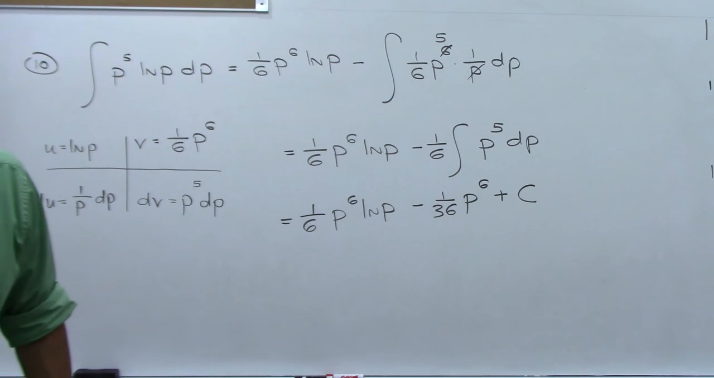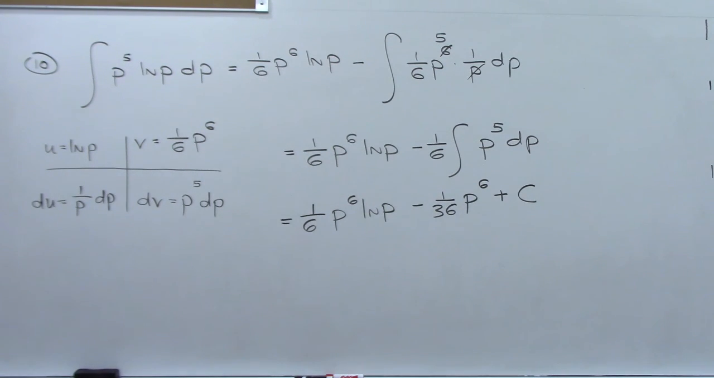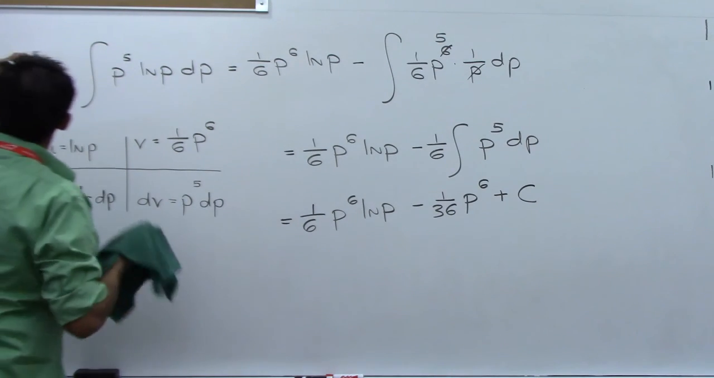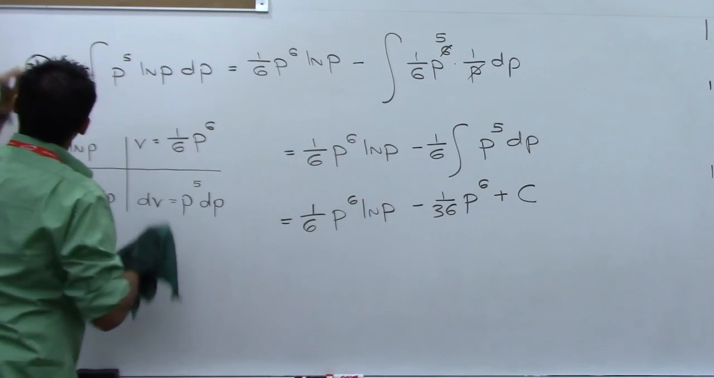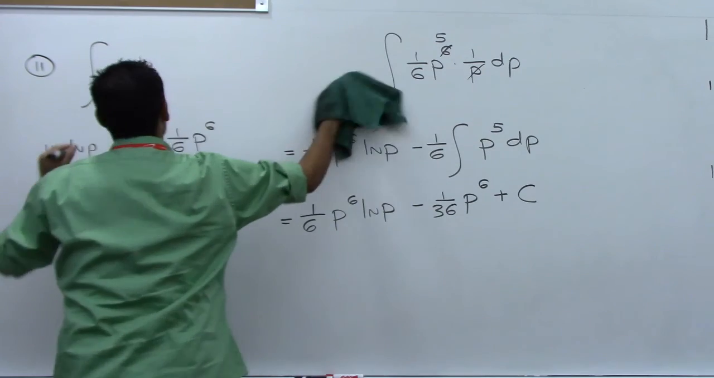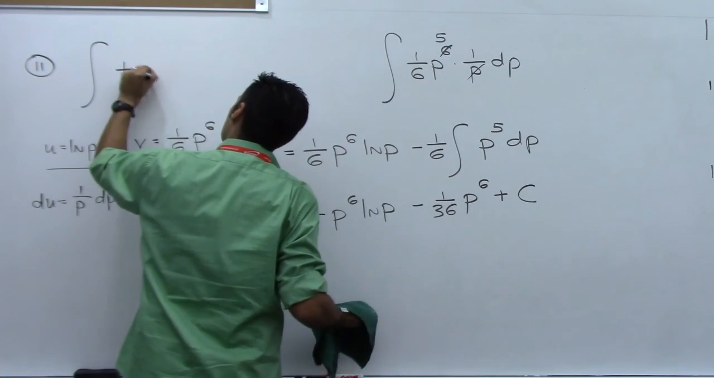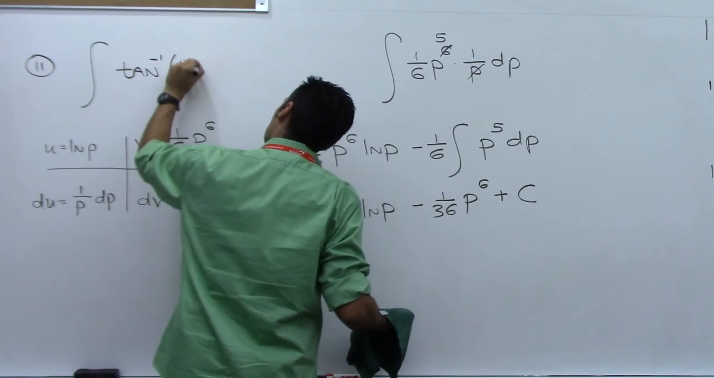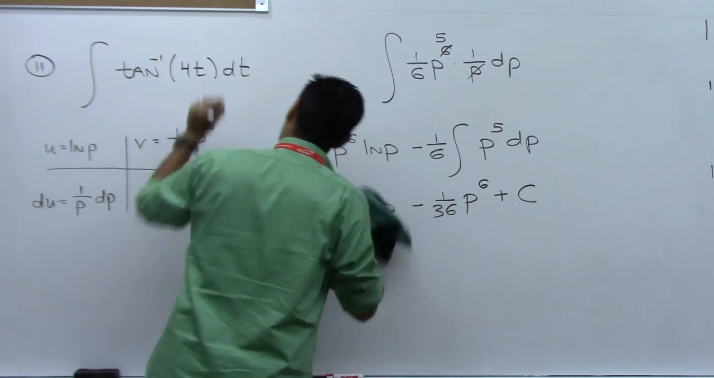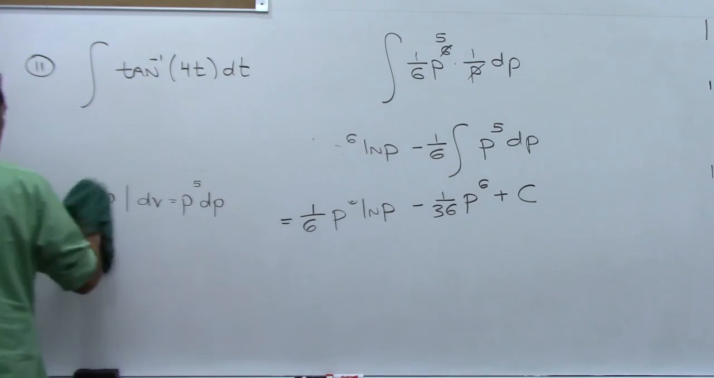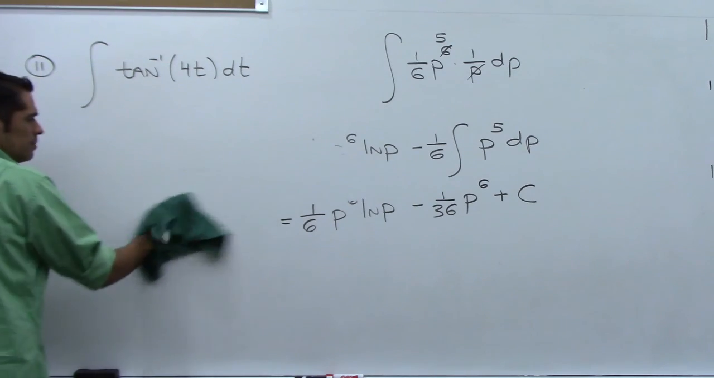All right, number 11. Arctan of 4t. I'm going to write it this way: arctan 4t dt. So this is like that problem we had, I think it was number 9, where it was just